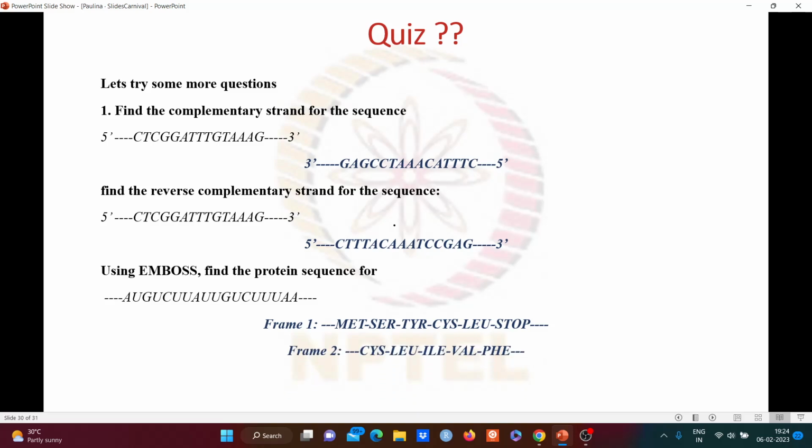Yeah, that's correct. And when we are solving for frame 3, we'll try to avoid the first 2 elements and